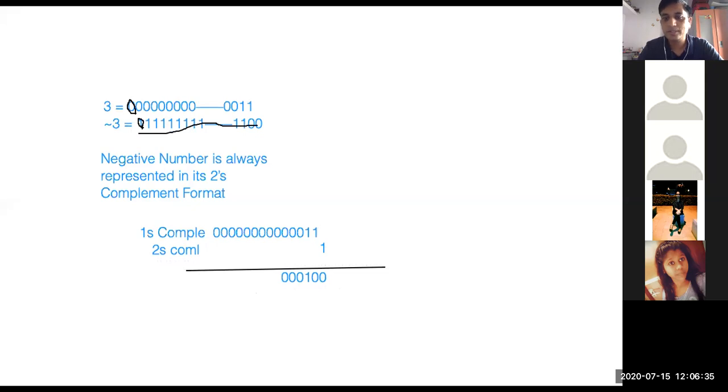Repeat once, sir. Okay, so we'll take one more example. Suppose 5 is there, and you need to calculate the 2's complement of that number. You need to complement it here, and your complemented value you have stored in B. So what is the complement of A?